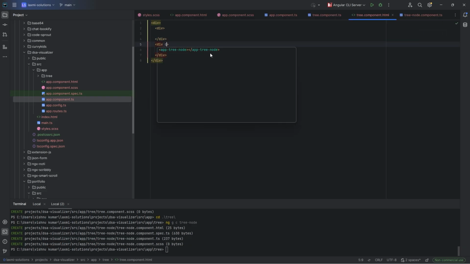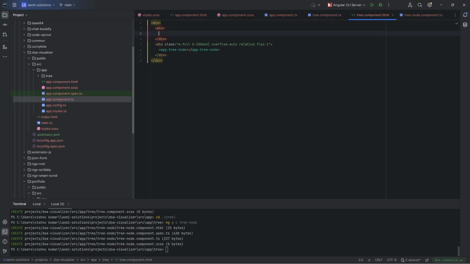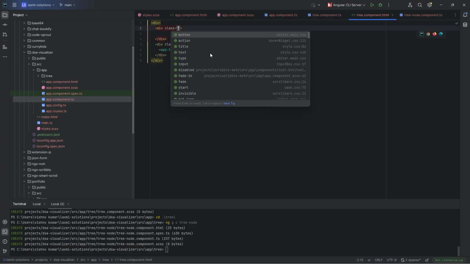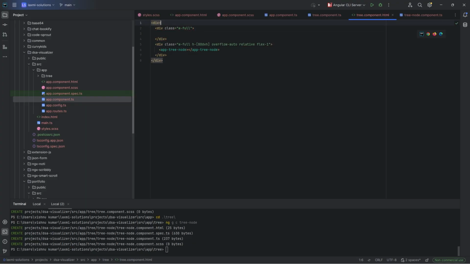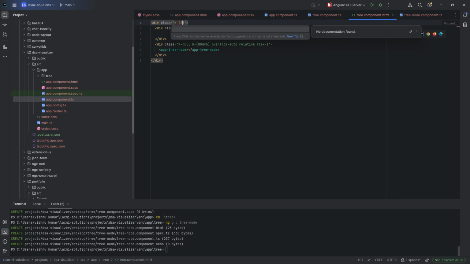Okay, so here we give class width of full, height of 80 dynamic viewport height, overflow auto, relative, and flex of 1. So this tree will take up 80 dynamic viewport height, and the rest of the height will be taken up by this div. So we will give it a width of full, and for the parent we'll give a width of 80%,